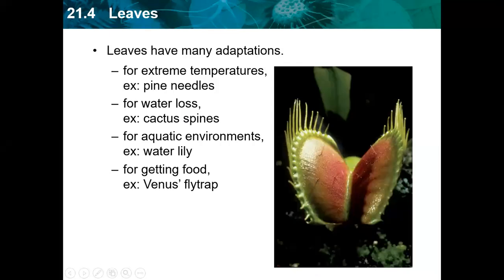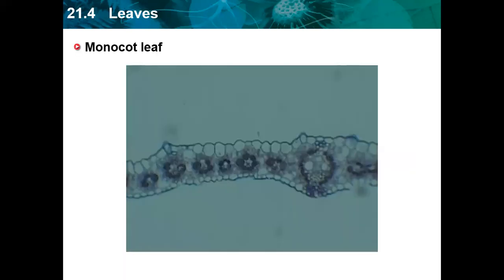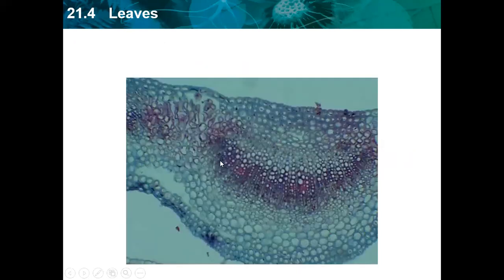Again here, some kinds of insectivorous plants, like the Venus flytrap. If you take these sections, we find these different types of tissue. This is the epidermis, upper epidermis, lower epidermis, some kinds of mesophyll tissue. These are the vascular bundles here. Again here, dicot leaf.